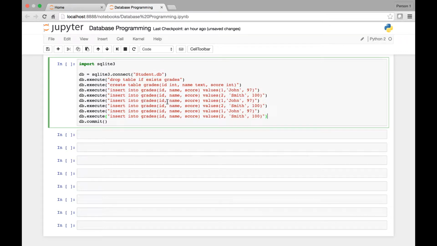Insert into grades, ID, name, and score the following values. Let's say ID is 3, name is Jane, score let's say 98. Then for this person, ID 4, name let's say Doe,